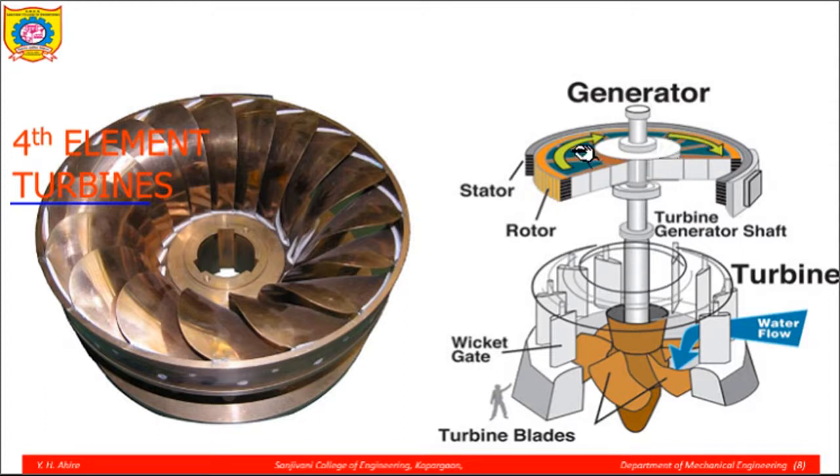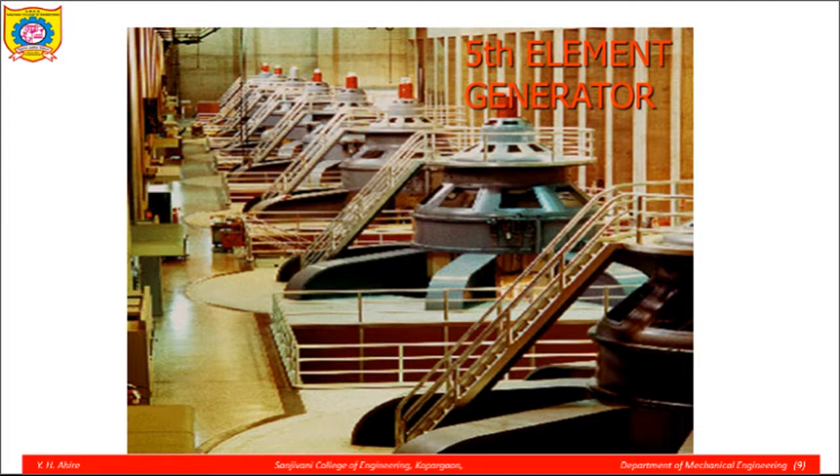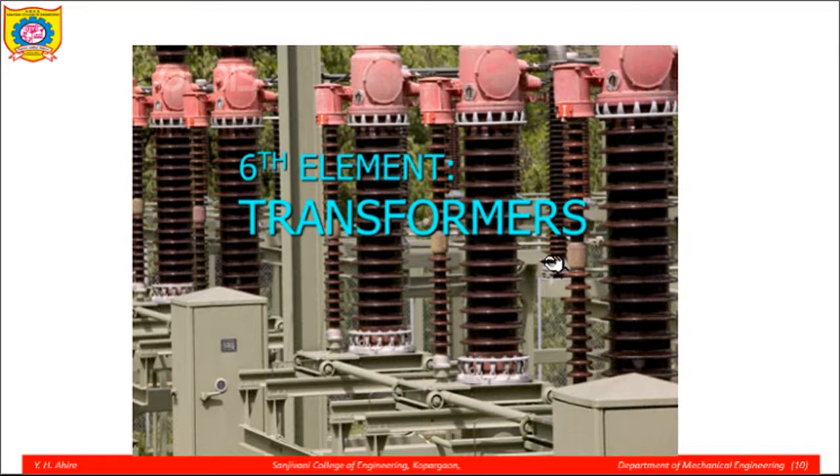Generator produces electricity. So these two elements are installed in a powerhouse at different floors, at different levels. So this is the floor of the generator. It is called a generator floor or a generator platform. You can see here, the operators can have access to the various parts of a generator and they can operate and maintain it. The turbines are installed on the lower floor, at a lower elevation below the generator.